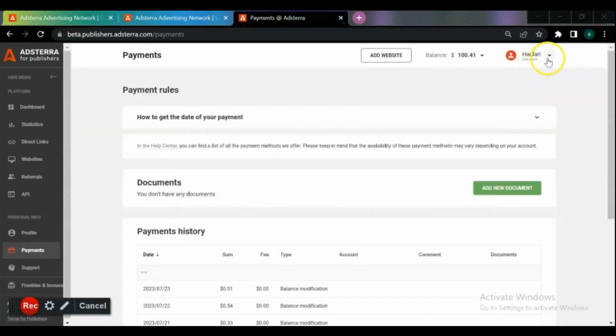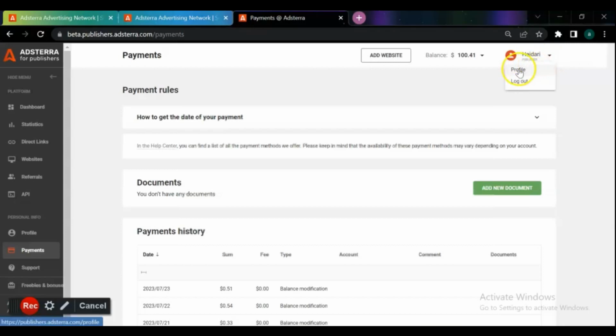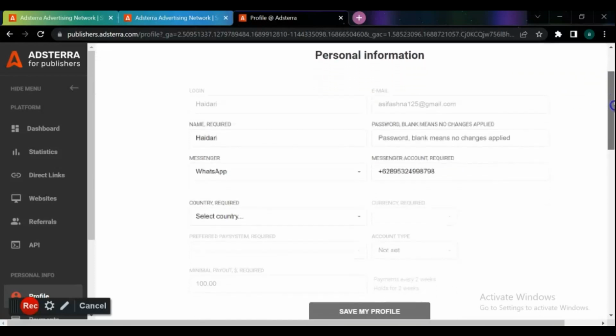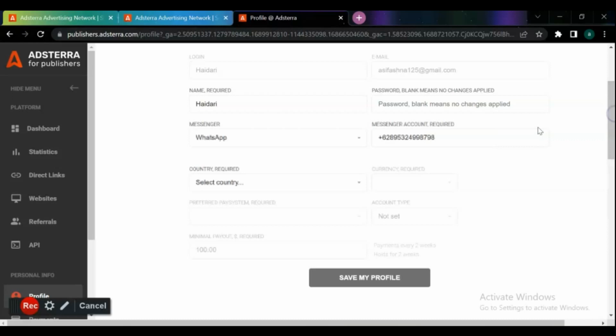For completing adding your payment method, go to your profile and fill up the requirements form. I suggest you, before choosing a payment method, do research about payment methods, which method is suitable and approved in your